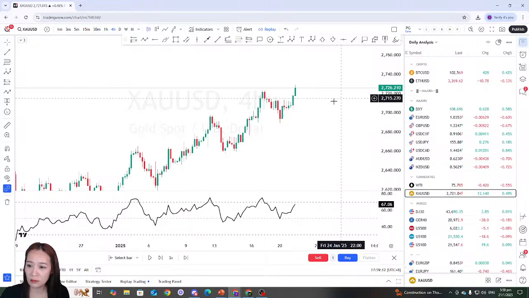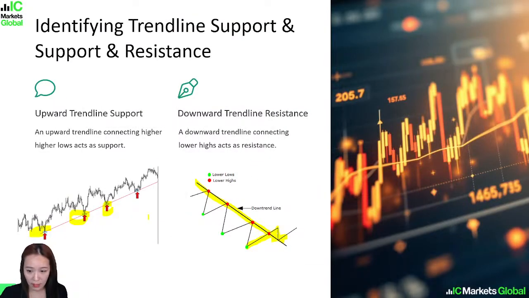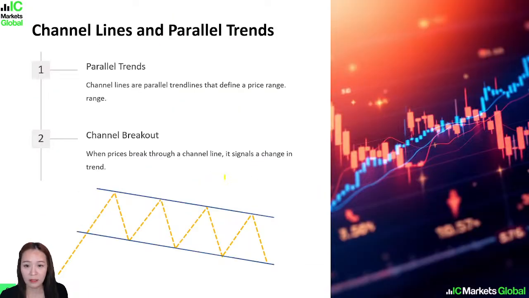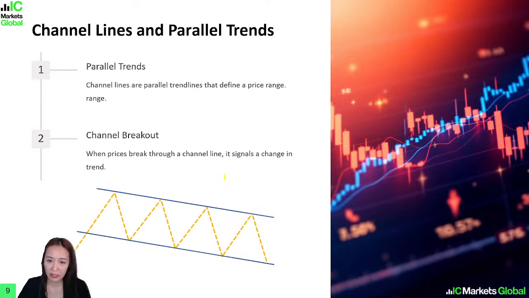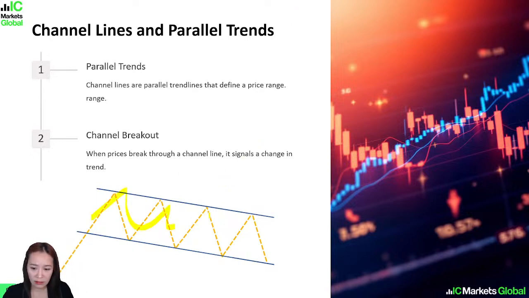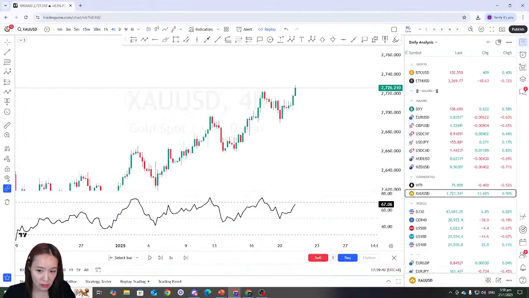Alright, continuing. Any questions so far? Now with the channel line, basically, if you want to draw the channel line, it has to be at least 2 touches, but they don't have to be close to each other. The trend line has to be at least 3 touches, right? For the channel line it is 2 only. If you look like this,